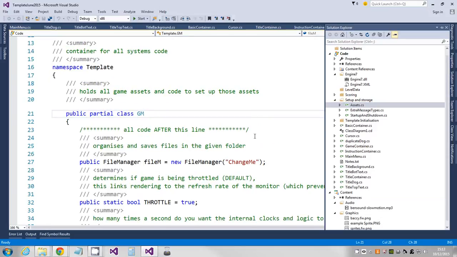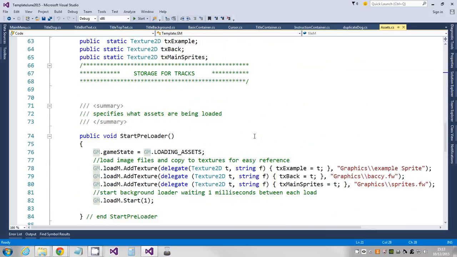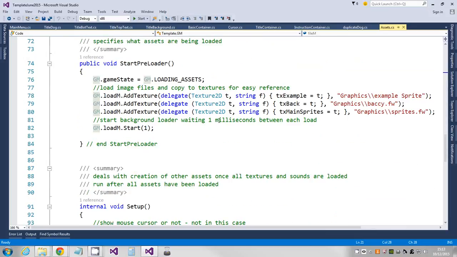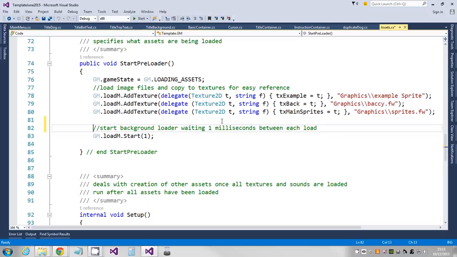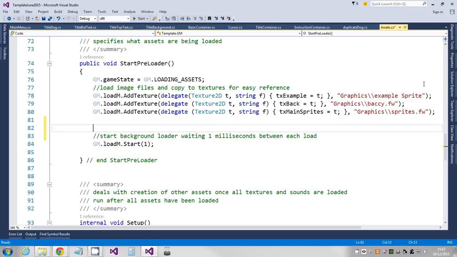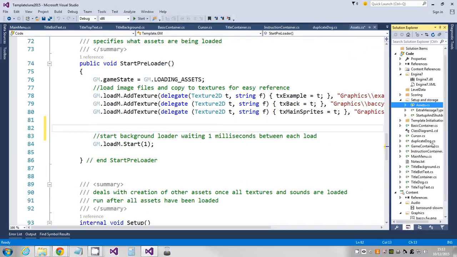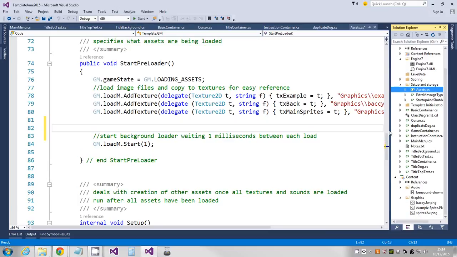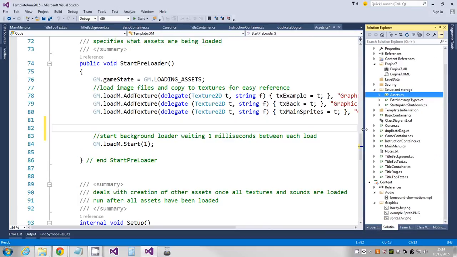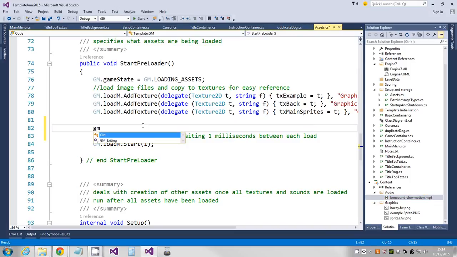If I scroll down to where all the textures are loaded, I can put my code to load the sound in. I'm just going to pin the Solution Explorer so you can see what I'm doing. So I'm going to do F2 to copy the name so I don't mess it up. And then, after the textures, I'm going to say